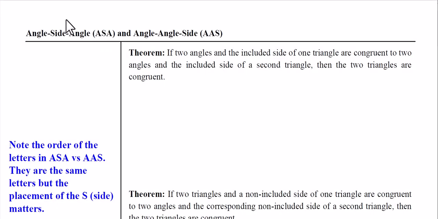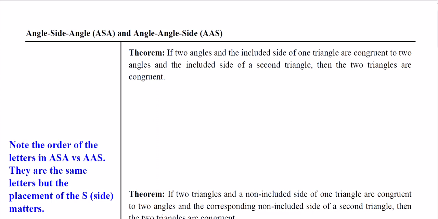At this point, you're getting pretty familiar with the concept of triangle congruency. We've discussed side angle side and side side side in great detail. We've discussed the included angle. We've discussed corresponding parts. We've discussed triangle congruency. And so we're going to introduce you to two additional ways to prove triangle congruency with the angle side angle